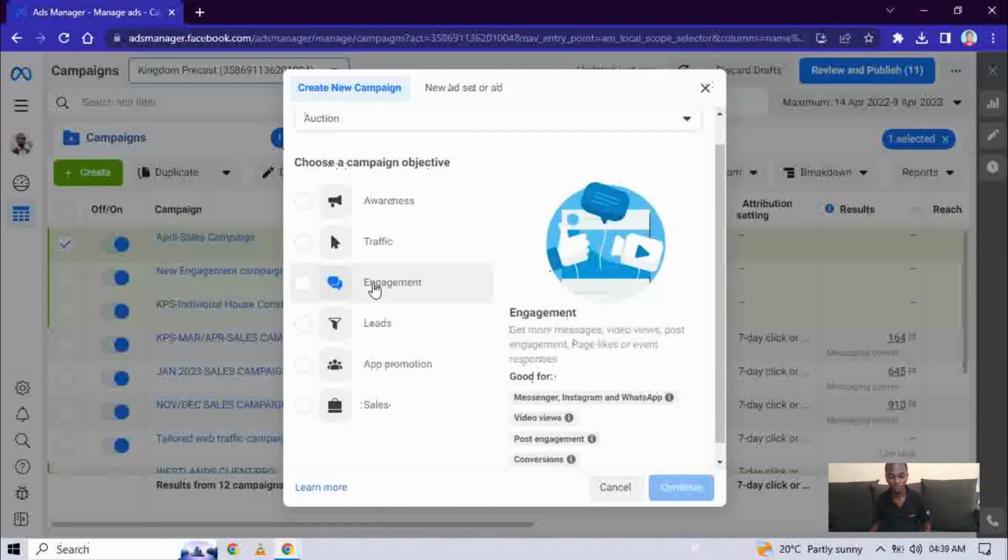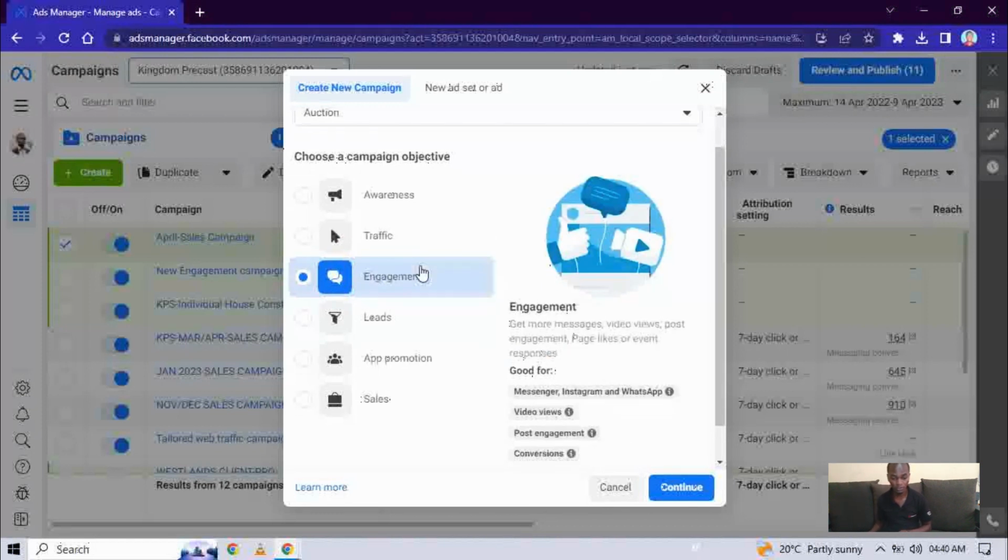In this case, I'm going to choose the engagement objective because I want people to message my page directly. I want people to engage with my post, and I want them to message my page using Messenger. So select engagement,